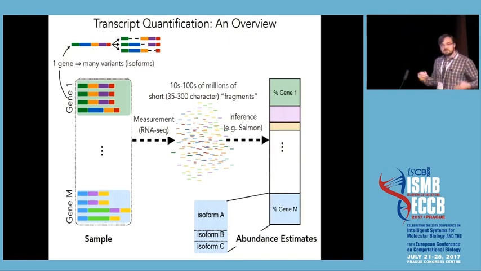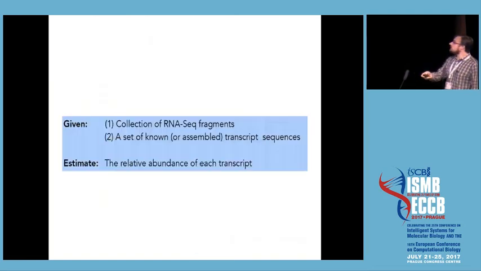the relative abundances of the different genes, and the relative abundances of the different isoforms, right? So basically we want to recapitulate the mixture percentages in our original sample from these measurements, and in our case, knowledge of what the transcript set is. So we can think about this as stating the problem this way. Given a collection of RNA-Seq fragments and a set of known or assembled transcripts, we want to estimate the relative